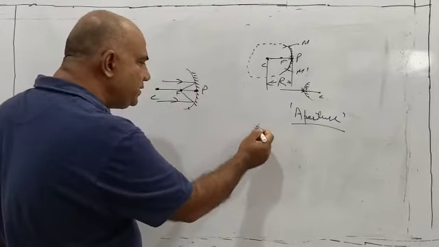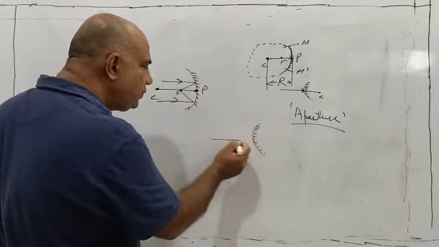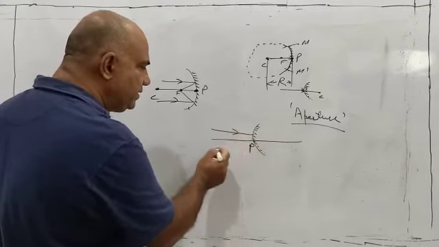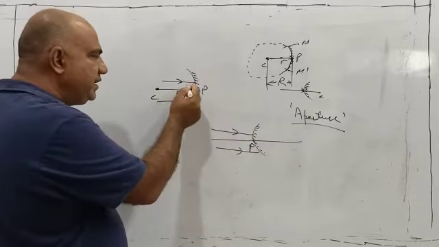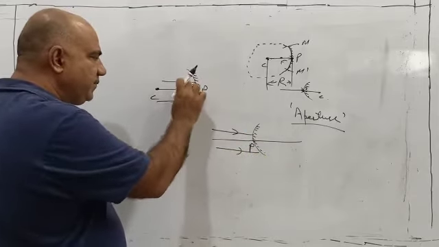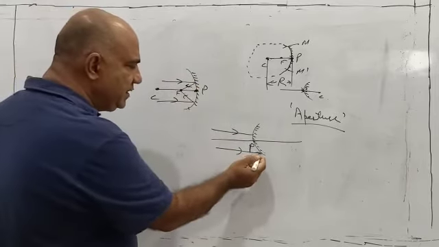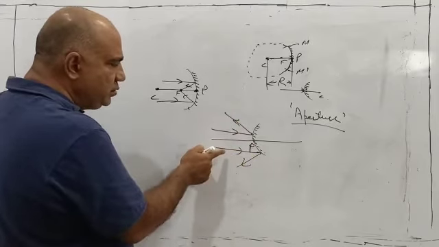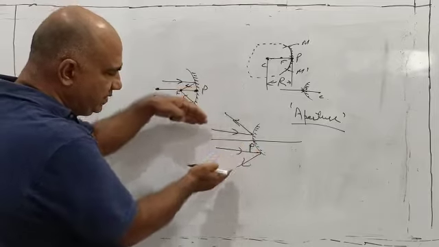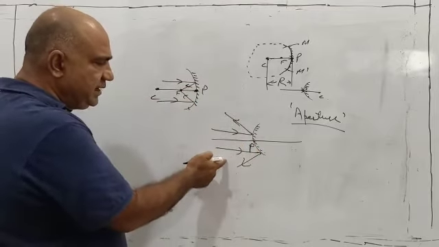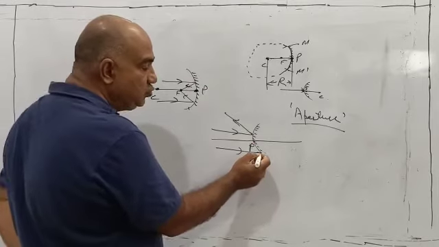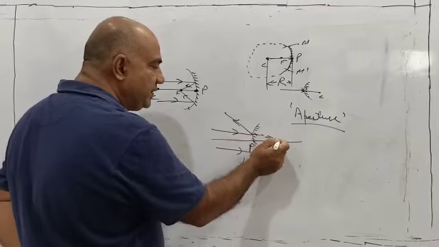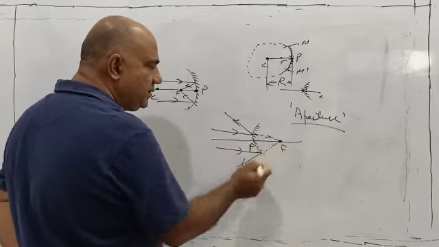And defining this for the convex mirror, how will we say it? Let me draw it like this. This is the pole and a light ray that goes like this, and another light ray. See, this was a converging mirror, light rays that were coming like this are converged to a point, and this is called a diverging mirror. Obviously it is diverging because when the light rays were meeting, they were closer, but when they are reflected, the distance between them increases, so they are diverged. This is a diverging mirror. And if a person happens to look from this side, he or she will find that these light rays are diverging from this point, the principal focus.